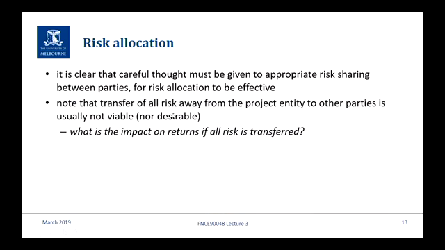So I've already really touched on this and said, well, transfer of absolutely every risk of a project to other parties is usually not viable, but it's not desirable. Because if we're going to be in the business of being a power plant, we want to actually make our returns by producing power and selling it into the market. So we still have to retain essentially the risk of our core operations. If you transferred all those risks out, what's the impact? What will finance theory tell you is the impact of transferring all the risk?